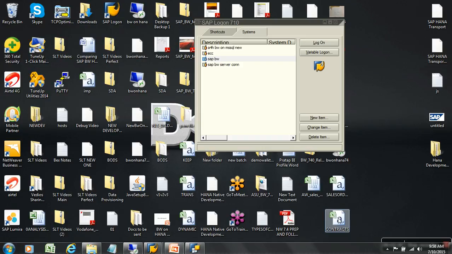Do I have to say it again? I've been extracting data from source to ODS. From ODS, I've been loading delta to my cube, and this cube has an aggregate and I've been doing compression also in my cube. Now my user has raised a ticket. Let's say one order number or one company code data is wrong. 1000 company code is wrong. And when I validated against my source, I could see the cube is wrong, but the content in my ODS is correct. So now how will you fix this problem?